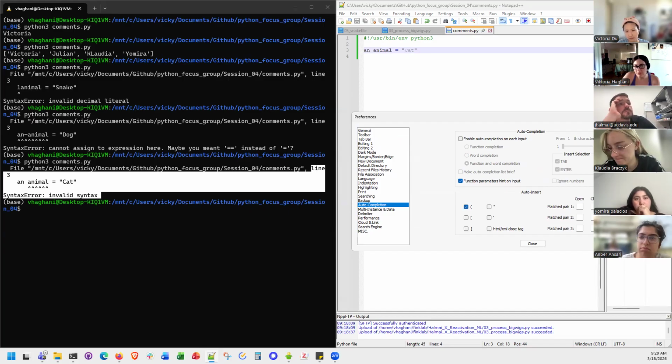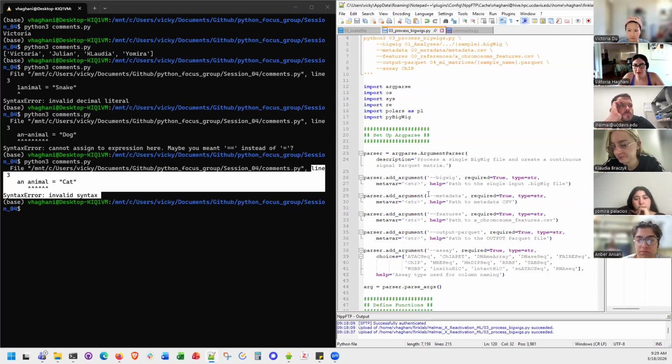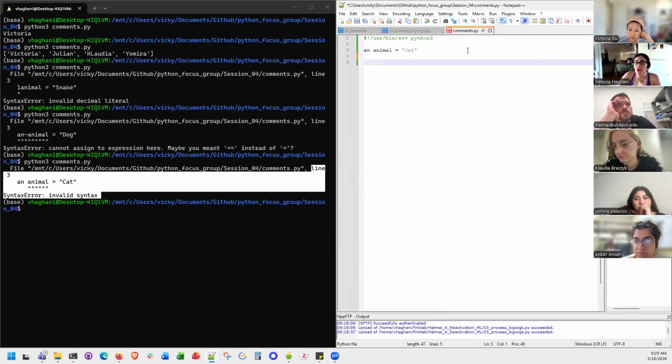Like if I do this, I want it to automatically close with a parenthesis, but I have had more trouble doing that than having it active for myself, because a lot of times I'll type something and want multiple lines worth of stuff with multiple arguments going on, and then it's completing stuff for me before I'm ready to have it done. So I disabled that for myself intentionally, but you can have it on so that stuff like that's not happening. You can have the auto completion, you can have like